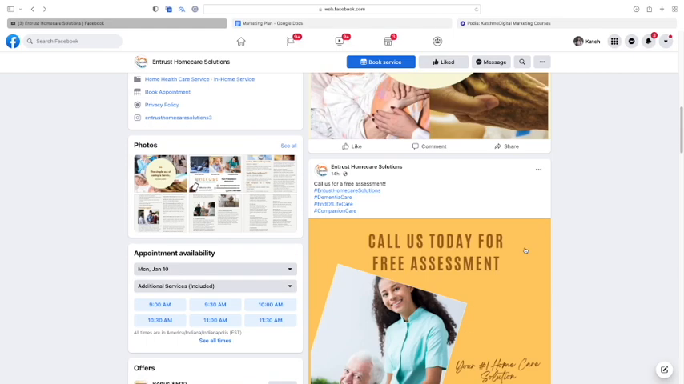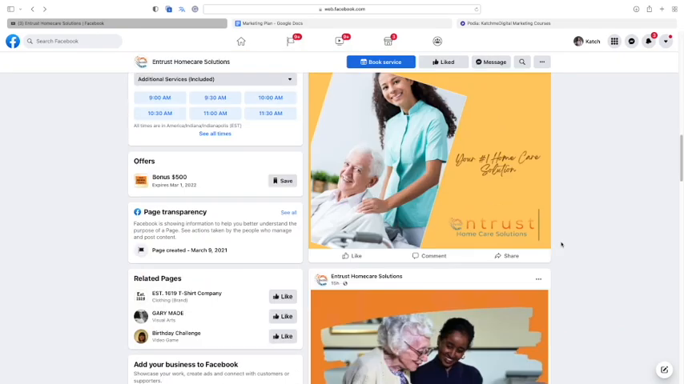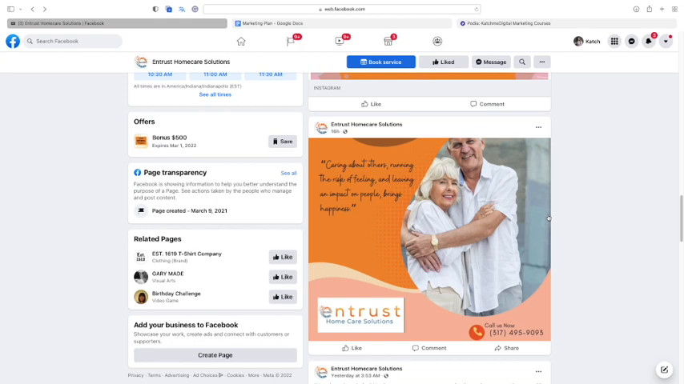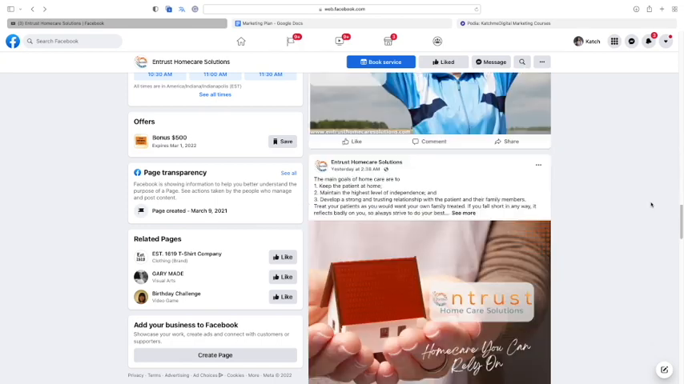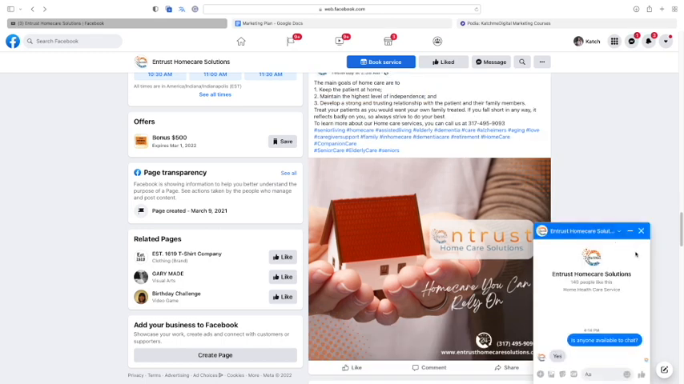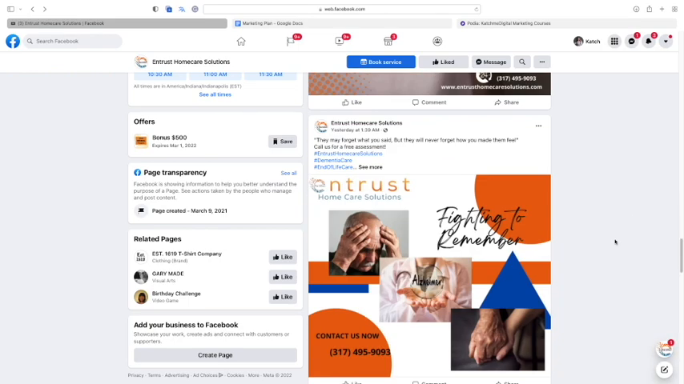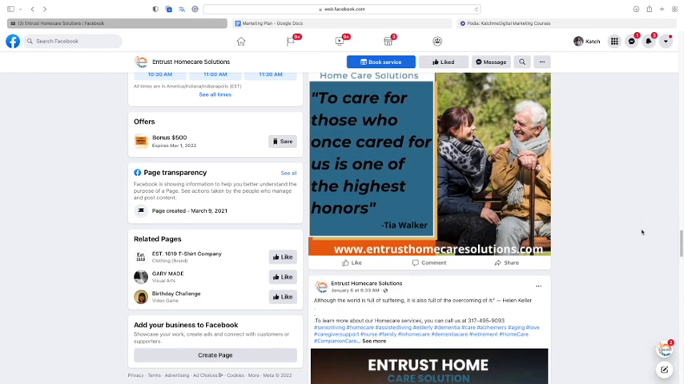It has branding. Orange and parang yellow. They have the color palette. So, ayan. The main goals of, ayan, they're talking about their, oh, it's here. Nag-reply na sila. Okay, that's good. Oh my God, nag-reply sila. And then, ayan. This one